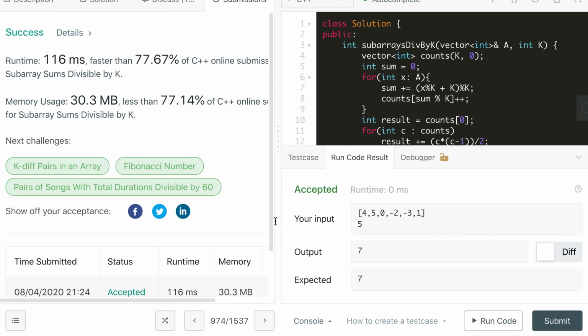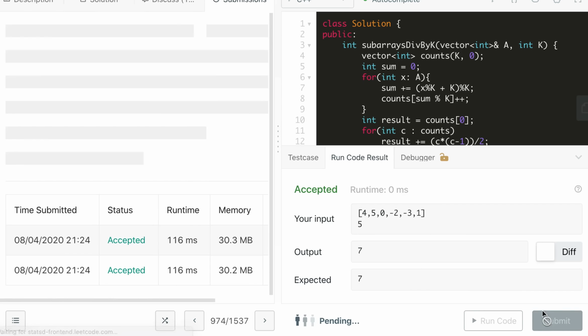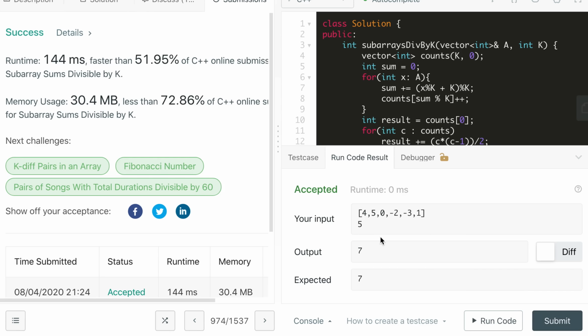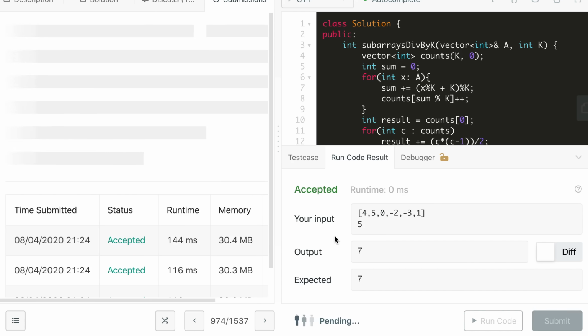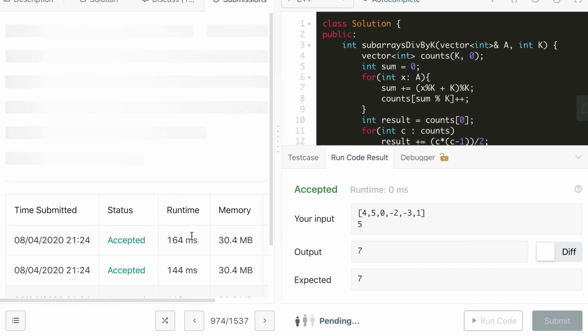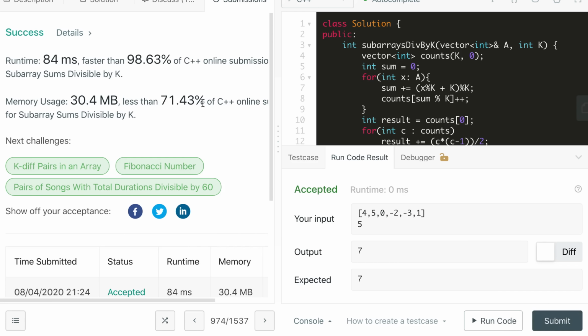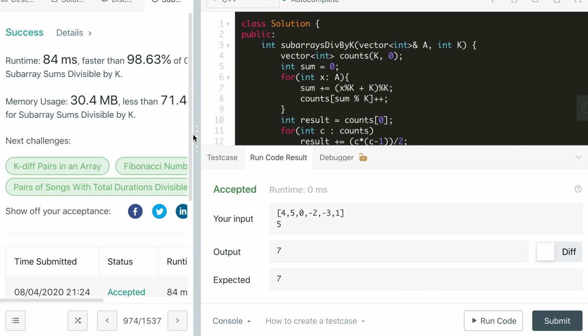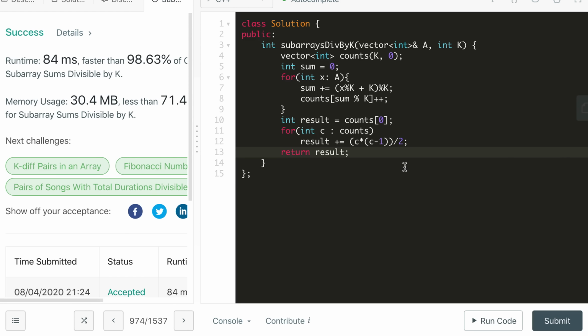And resubmitting did not help. Let's try once more. I don't know why it's always increasing the timing. Now this time we got it to do better than 98.63%, and we are happy that we are close to 100%. Now we will do the same thing in Java and Python.